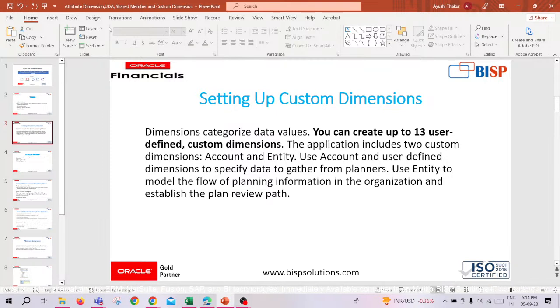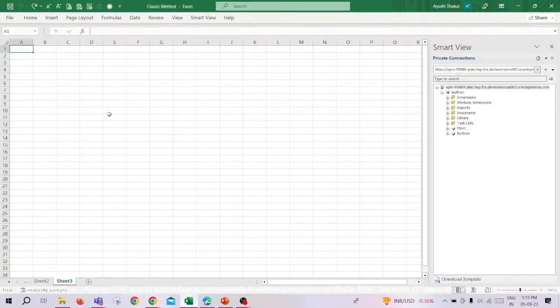Actually, dimensions categorize data values, and you can create at least 13 user custom dimensions in your application. While creating an application, I will just explain you with the help of Excel. If you create sample mode of application, or you create your own application, or you migrate any of the PVCS vision application, you will see that we are already having 5 to 6 dimensions added in our application,